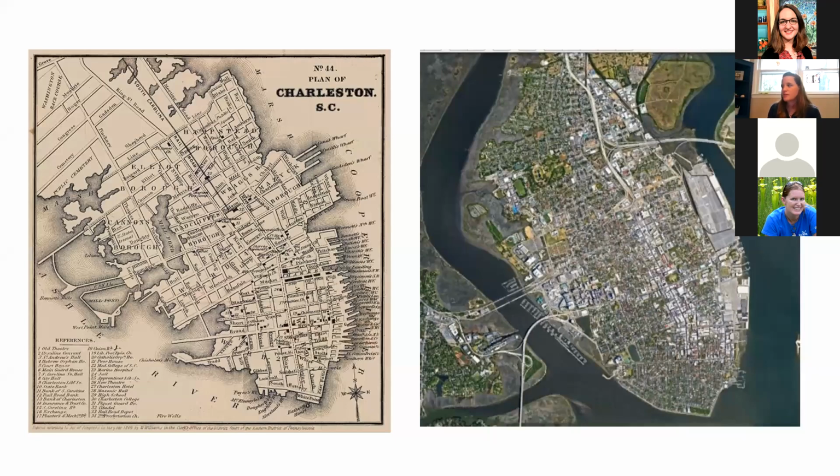And I'm going to use the Charleston Peninsula as a case study. If you live in Charleston, you've probably experienced flooding. On the left here, I have a plan of Charleston from 1849, and on the right, I have current day Charleston. So two things that you can notice by looking at these maps is that the shape of the peninsula is very different. In the plat, you see that there was good connectivity to the harbor and stream courses coming